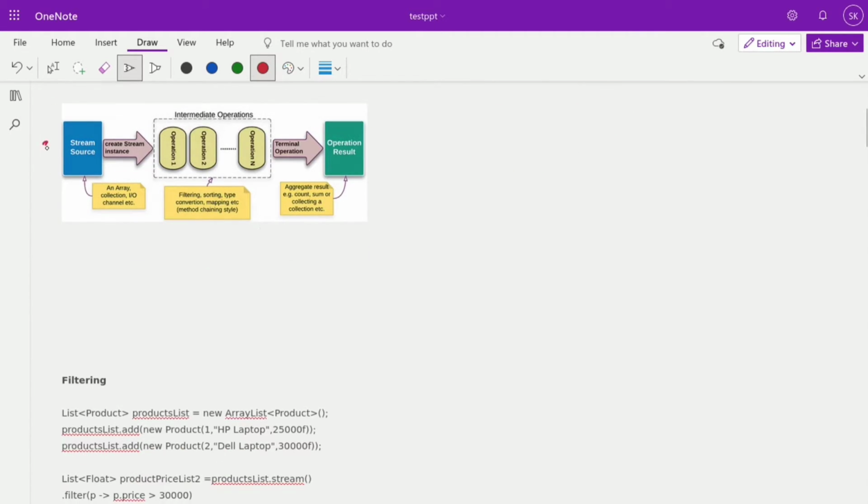So this is an input stream. The source of an input stream can be an array, a collection, or an input output channel. Input output channel means we are receiving the content over HTTP. Certain APIs are provided to support continuous streaming, like video streaming and audio streaming, that kind of streams we also get. So from an array, collection, or input output stream, we create a stream